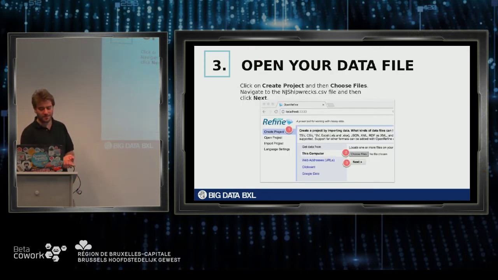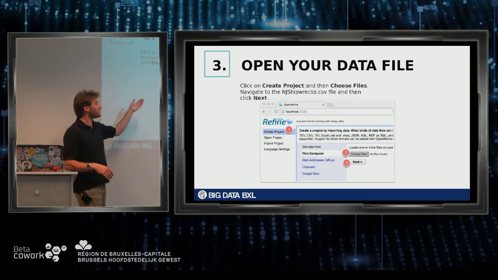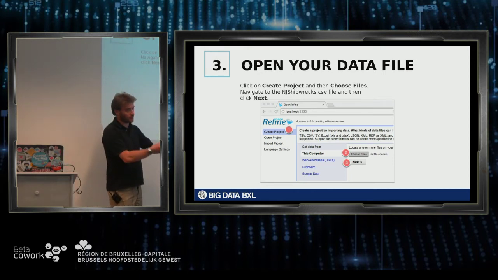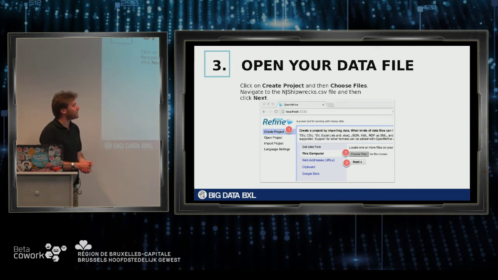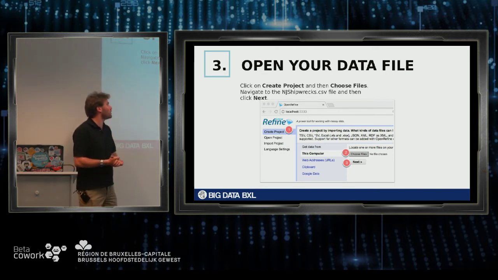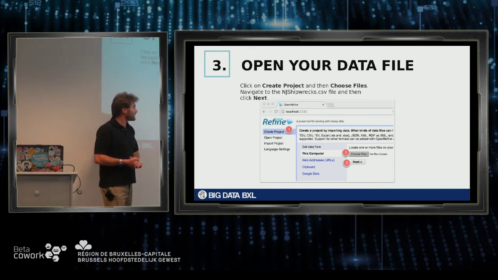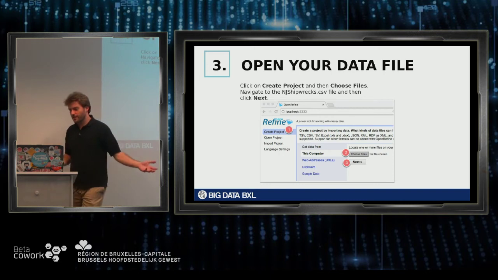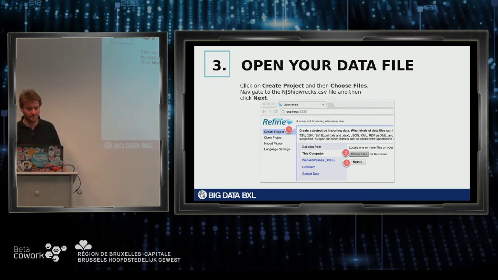That's where you start. And you just say, okay, I want to load a file, and then you get the file that you downloaded. Typically a CSV, so a tabular file, or an Excel file, for example. And you just choose that file and go next.